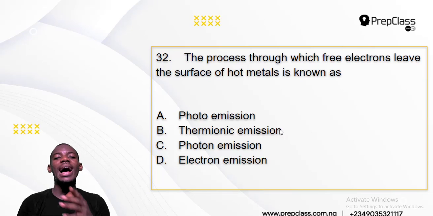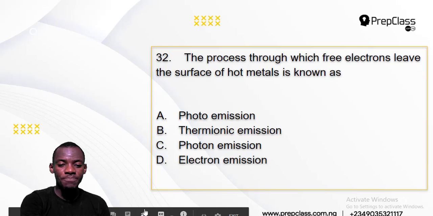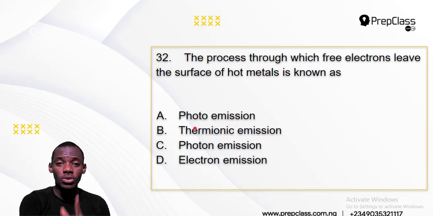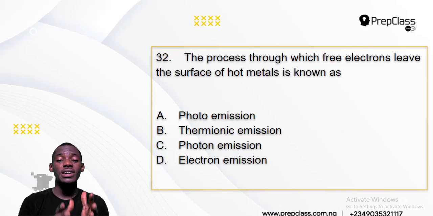They all have the same formula, but just a slight difference. As for harmonic emission, which is the answer to this question, it is the process through which free electrons leave the surface of hot metal. Okay, that's the definition of harmonic emission. That means if you have a metal and you make it hot and it releases electrons because it is hot,